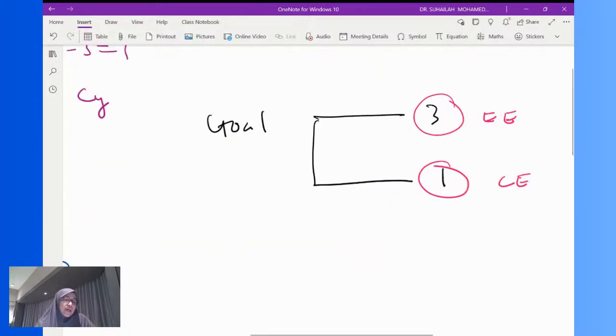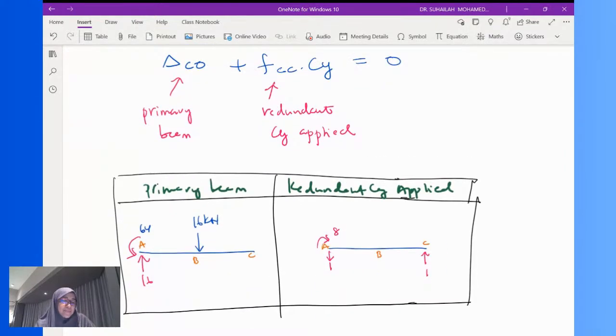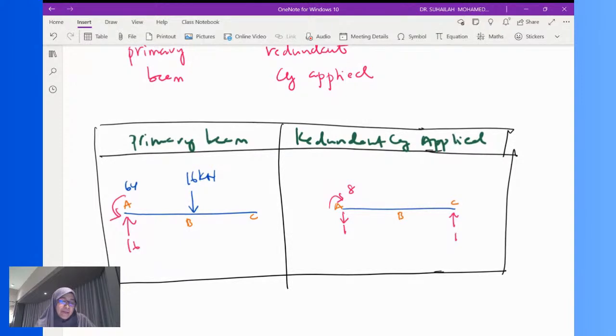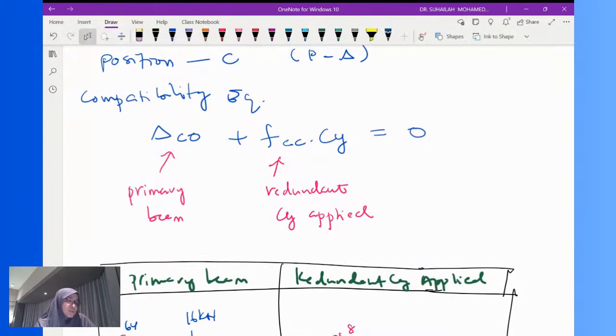equations. Okay, so that is why we have to have the reactions in the primary beam and in the redundant beam, because from the reactions we can write the moment equation. So why is the moment equation needed? Because the moment equation is actually the input, because these two values are displacements. Delta C naught is the displacement in the primary beam, and FCC is the displacement in the redundant beam. Okay, remember